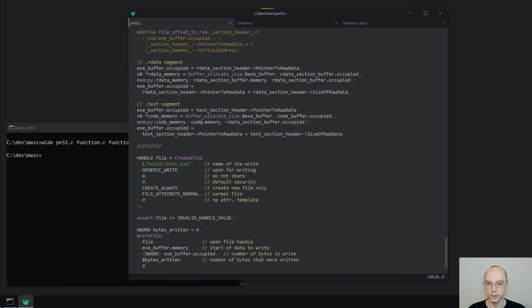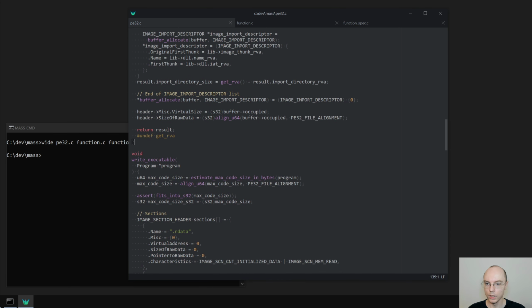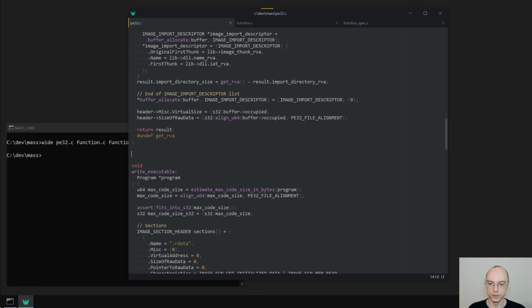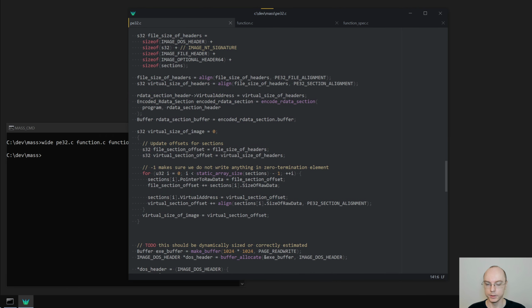This is going to be code buffer and code buffer. Okay, that looks good to me. Now we can create that. Again, we will start with a buffer. If we realize we need more things, we can add them, but I don't think we do. I think that